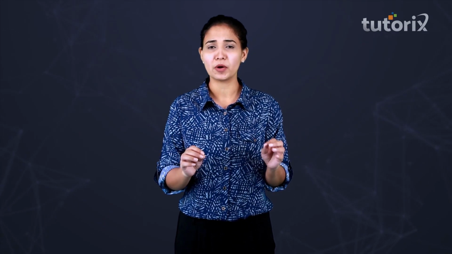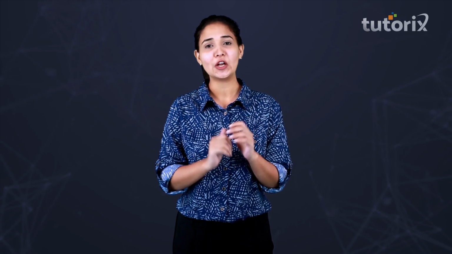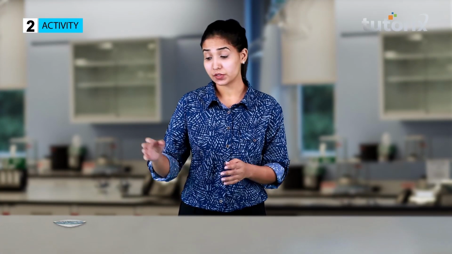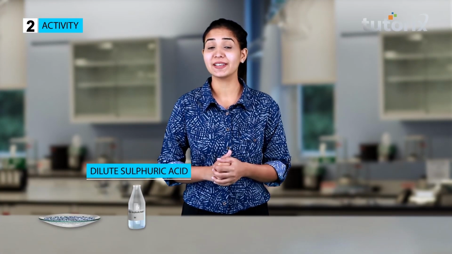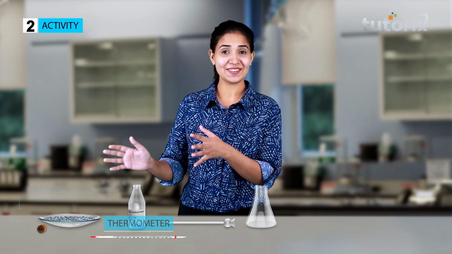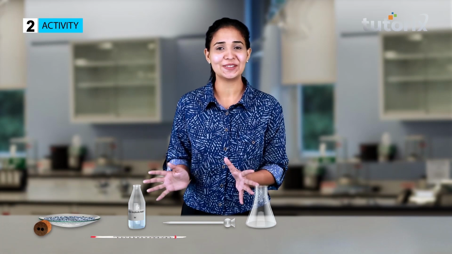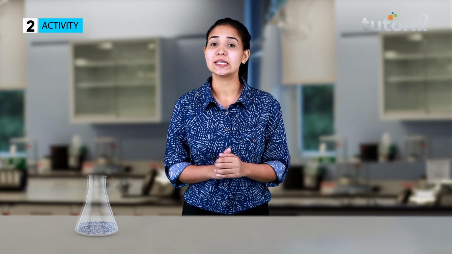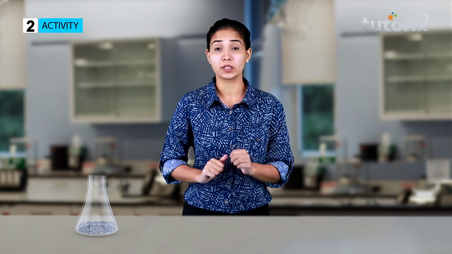Well, you know what? Let's do one more activity just to confirm this type of indication and see how to identify a chemical reaction. Well, again, for this one, first of all, you need to collect all the stuff that we need for the activity. Well, guys, for this activity, we will be needing zinc granules, dilute sulfuric acid, a thistle funnel, a conical flask, a thermometer, and a rubber cork. So once we have collected all this stuff, now let's begin with the activity. First of all, what you have to do is take some zinc granules in the conical flask.